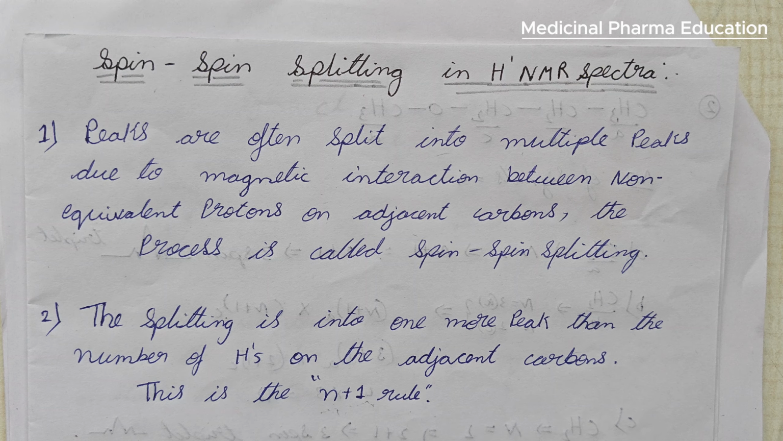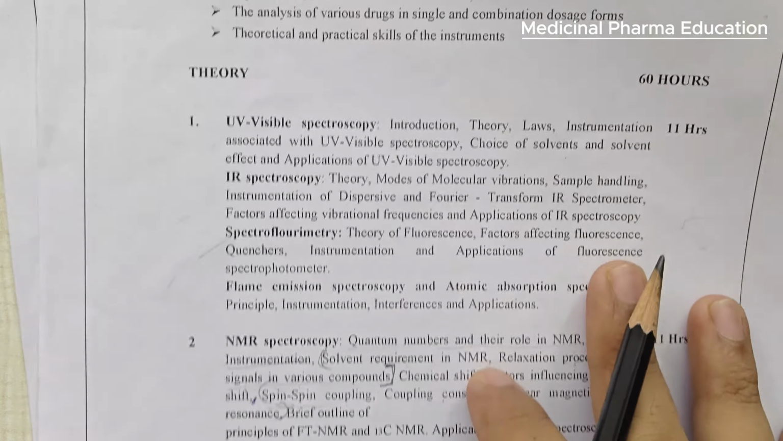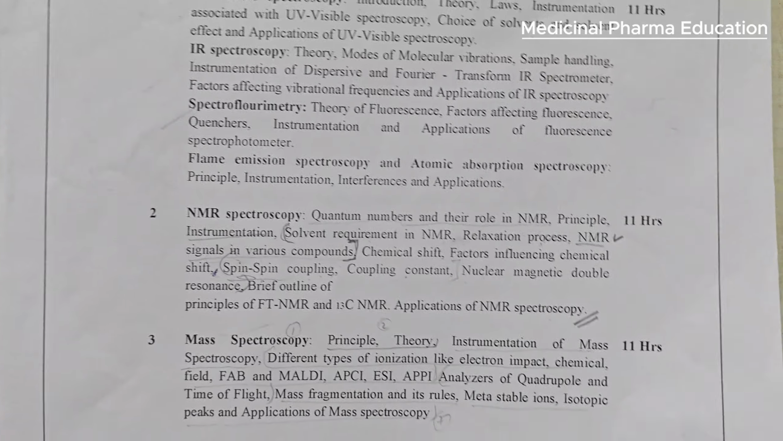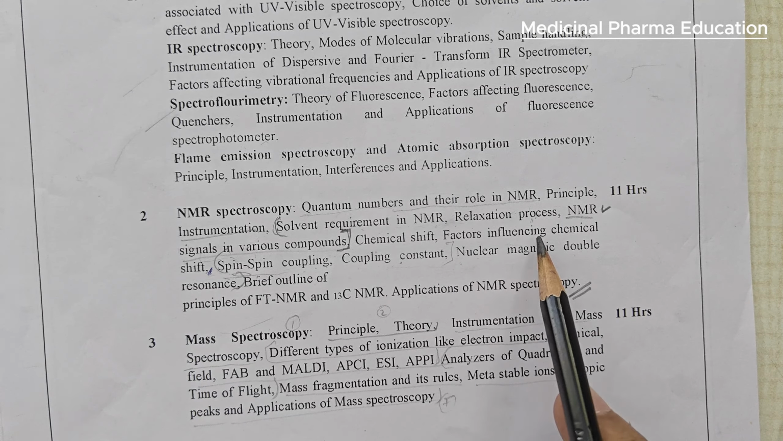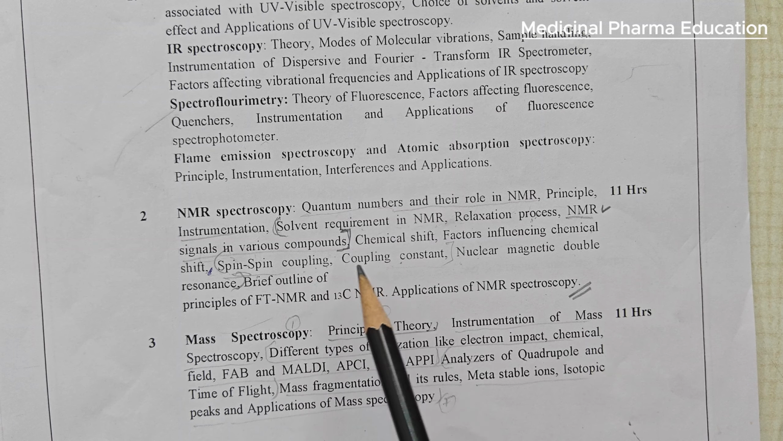In the previous videos, we have completed many topics. Let's discuss what all we have completed. We have started NMR spectroscopy. We have completed the quantum number, the role, principal instrumentation, solvents, relaxation process, and various signals of NMR compounds. And we have also completed the chemical shift, factors influencing chemical shift, spin splitting and coupling, and the coupling constant is also completed. In this video we will only study